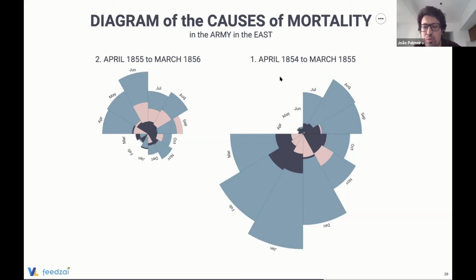Different colors. We specify the ordering of the different segments. Basically, each color is a different cause of mortality, and also using a thing that I already showed. In this case, it's not a layer because we have basically a chart side by side, but it's a similar thing that is called facets.